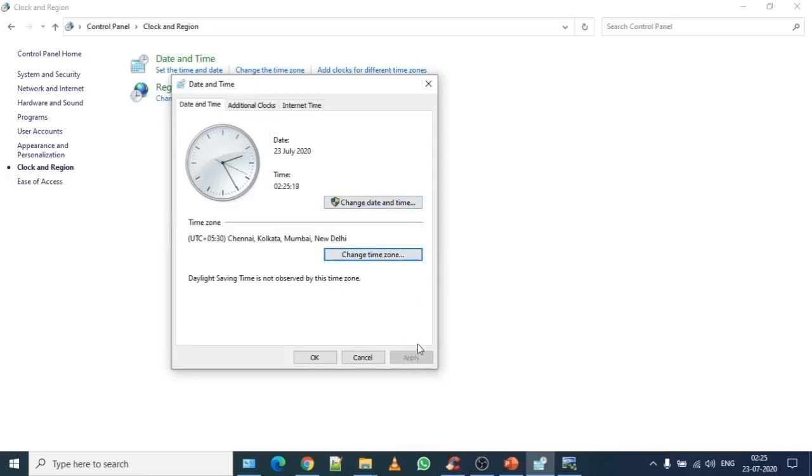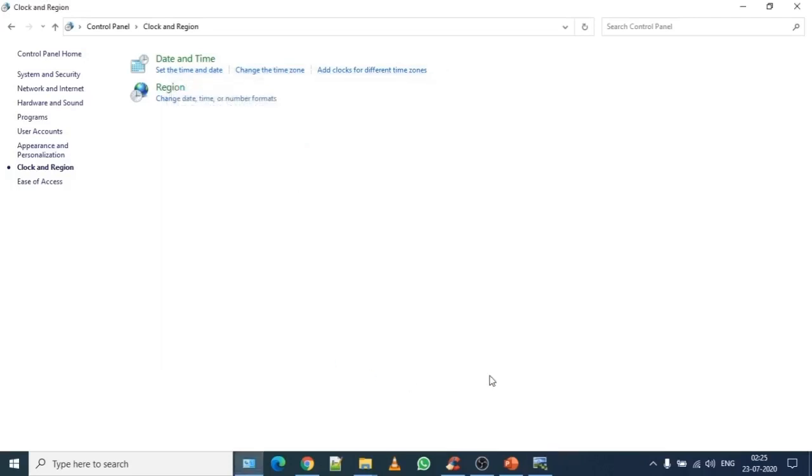Because my time zone and date and time setting is proper, I am getting this button deactivated. In your case, if it is wrong, the apply button is highlighted. You have to click on apply and then click on OK. Once this is done, in this particular area you will find the proper date and time.